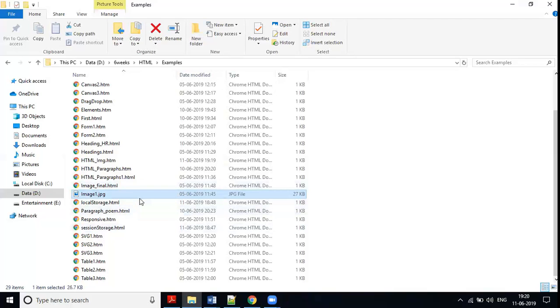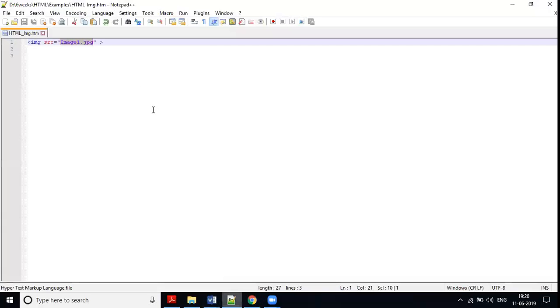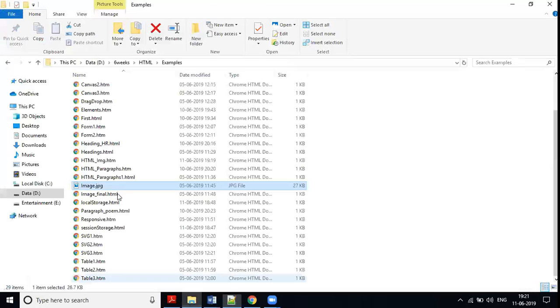Okay, let's do one thing. Let's rename this, and now refresh our page. The image is gone because it's not able to identify it. In our code we have clearly mentioned that the image name will be image1.jpg, but we have image.jpg and we are trying to get image1.jpg. It will not get it. If I rename this again to image1 and refresh our page, it will load